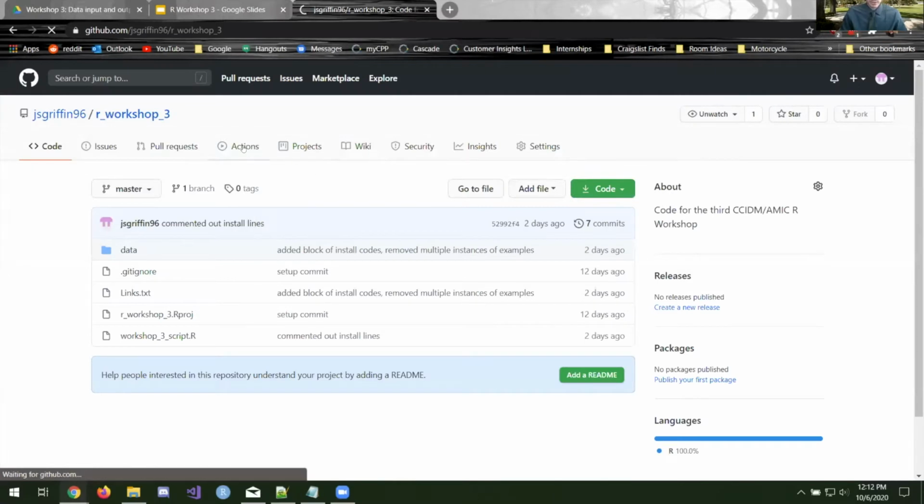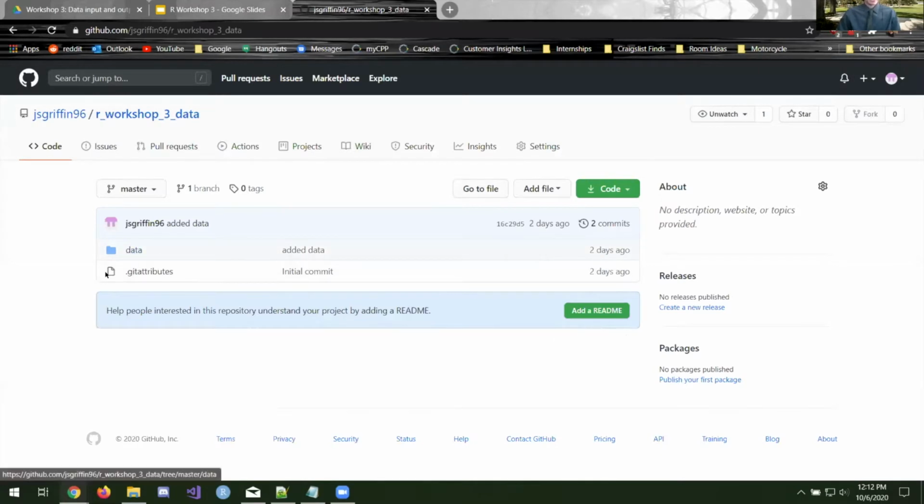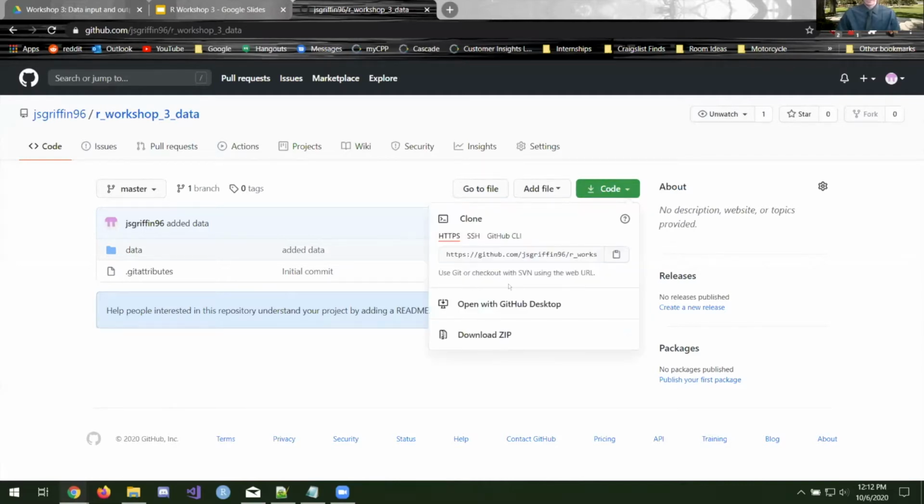So this is not the one. We want the R workshop 3_data. And now if you could please click this green code button with the little download icon next to it and click download zip, because we don't have the ability to clone, or we don't have GitHub Desktop installed yet. So we'll click download zip,